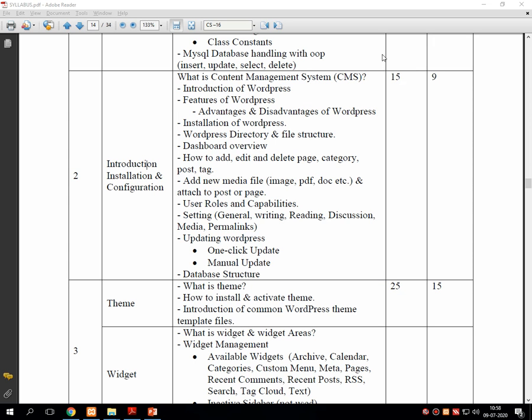Hello students, now we are going to start our unit number 2, that is Introduction, Installation and Configuration for Content Management System using WordPress. As you can see on the screen, it's a syllabus prescribed by Saurashtra University in unit number 2.